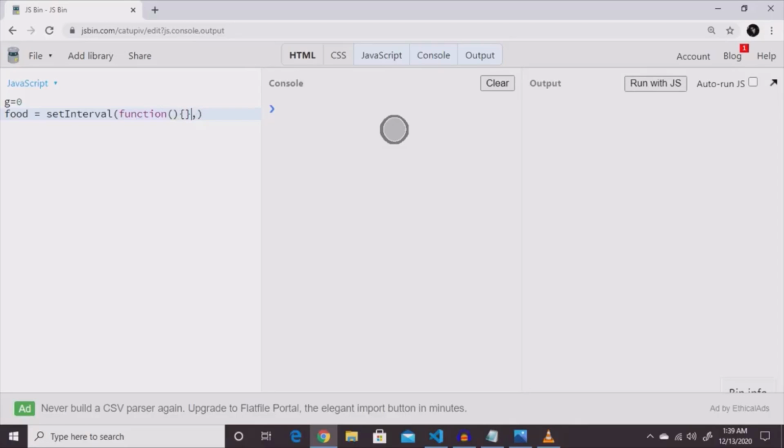Function. Don't forget to open close curly braces. And then behind that, we're going to put 1000. That stands for 1 second. So we need to do some conditions here. So how do we set this off at a certain timer? So let's say if g is equal to 3,